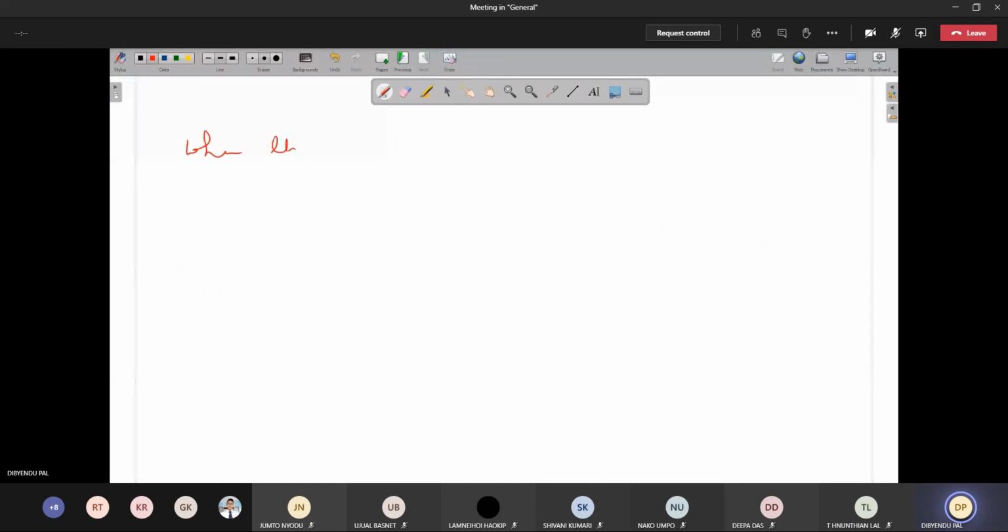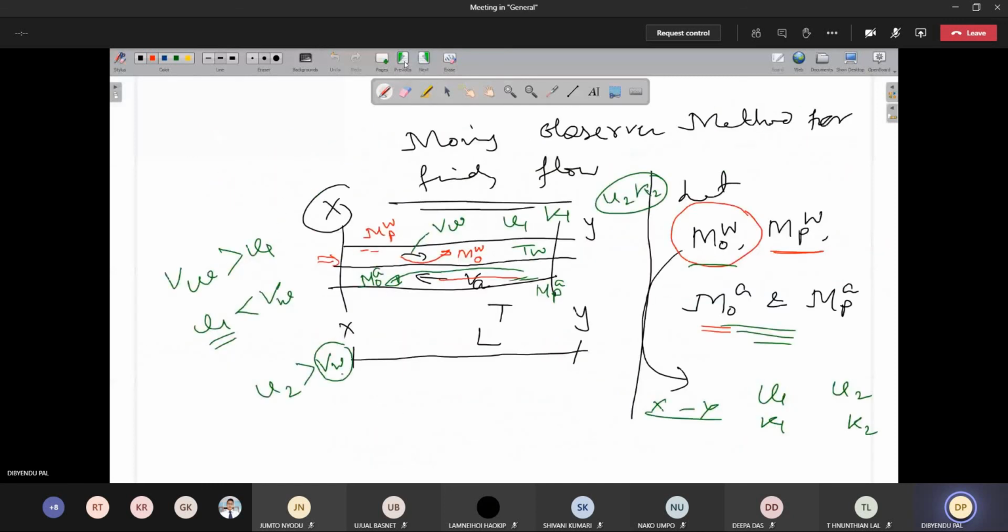When the test vehicle moves against the stream. Our objective was to find out the flow of this road, that is the road which is moving from X to Y direction. So when the test vehicle comes in this direction, it is against the flow. Your flow is X to Y direction, but the test vehicle is coming from Y to X direction. That's why we are saying it is against the flow.